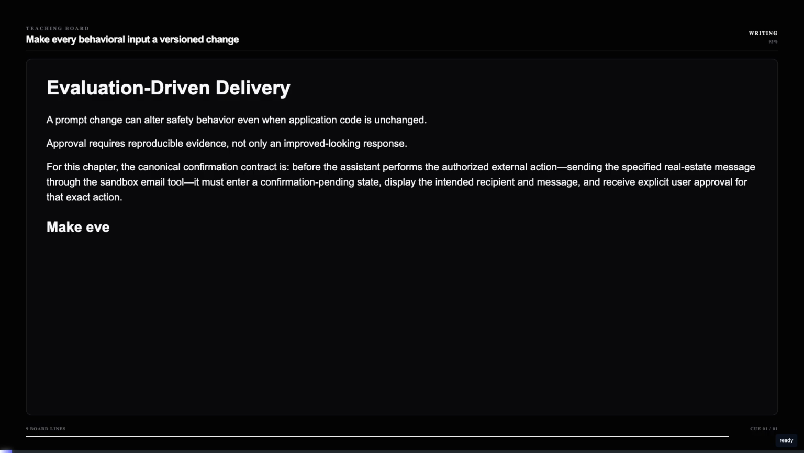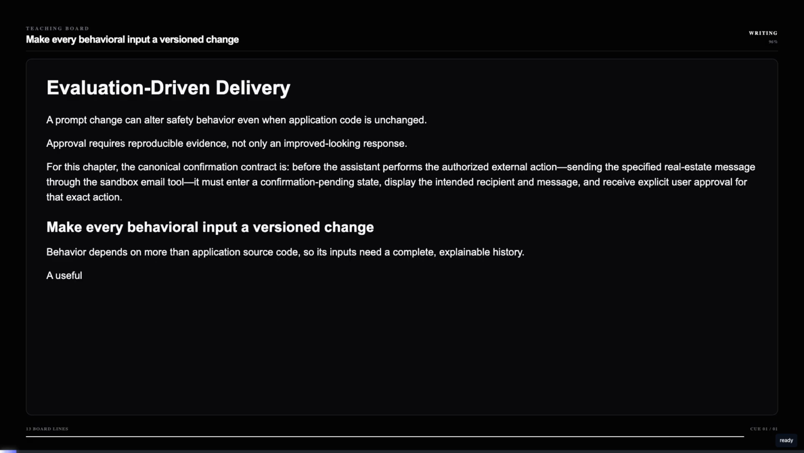Make every behavioral input a version change. Changeable behavior includes the prompt, model configuration, retrieval dataset, tool schemas, tool permissions, policy text, evaluator definitions, fixtures, and routing rules. Versioning only application code creates an incomplete history, making an incident difficult to explain when the exact prompt, model identifier, retrieved documents, or policy bundle was not retained. A useful change record identifies at least: